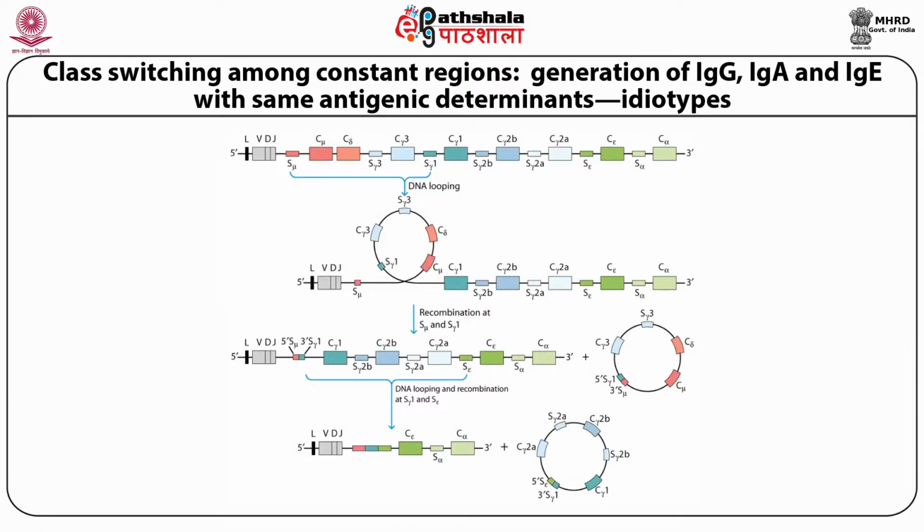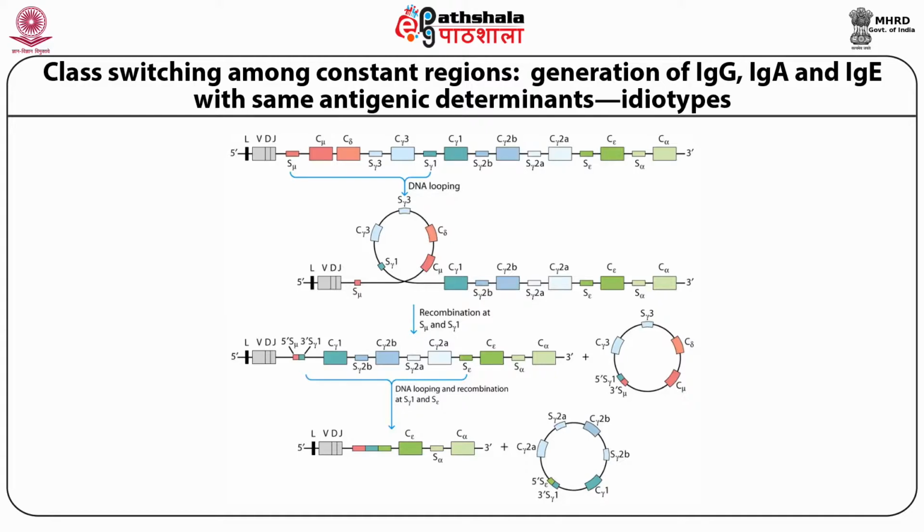Once the IgM molecule is synthesized, now you will wonder how the switch from IgM to IgG or other isotypes takes place. This happens mostly along the heavy chain. The first is mu, followed by delta, followed by gamma. They all give rise to IgM, IgG and IgA molecules. Before that there is a switch structure, which contains a 5 to 6 nucleotide sequence, and once the VDJ combination takes place with IgM, without changing the antigen specificity, the entire VDJ combination goes to the gamma, which is called IgG.